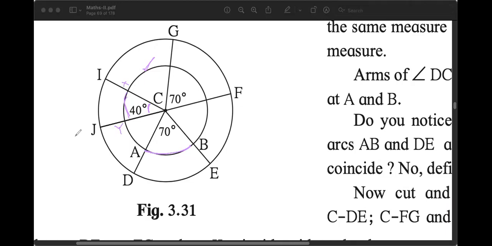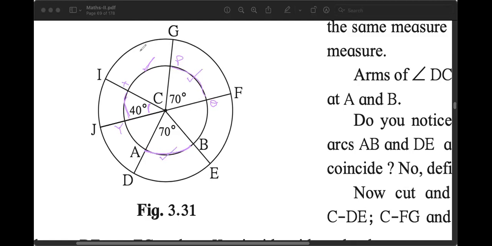Let us look at another arc. PQ. This arc. Tell me, which arc is PQ congruent to? AB. Yes. And again, remember, we should never name these arcs by just two alphabets. We should have used three. Anyway, here it is clear. So you are saying that arc PQ will be congruent to arc AB. Very good.